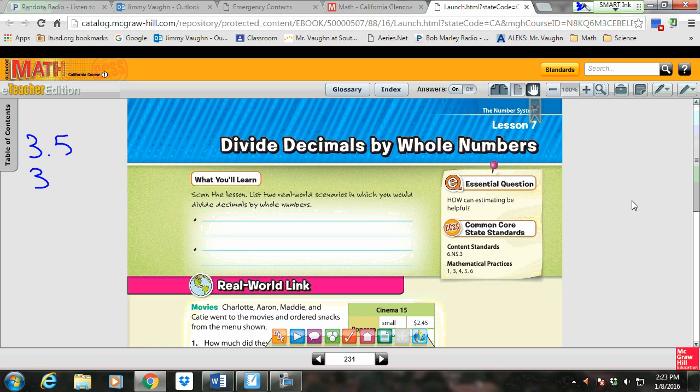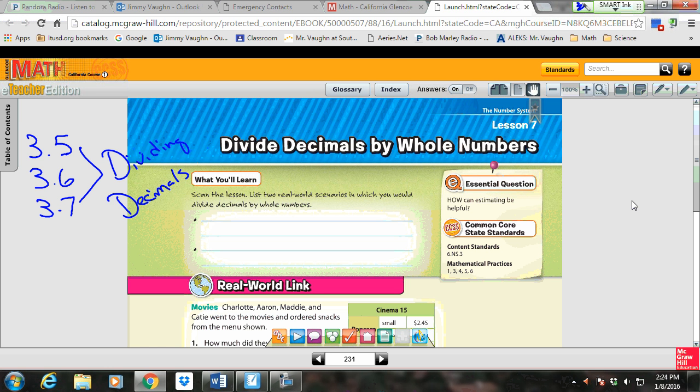Video lesson 3.5, 3.6, and 3.7, all in one. Go ahead and title your notes with all of those, so you know that you've done those lessons. The title will be dividing decimals. So you can just write dividing decimals. Most of you know how to do this already, so that's why we're hurrying through things a little bit more. That'll be the title of your notes, and I'm just going to quickly go over what was in 3.5